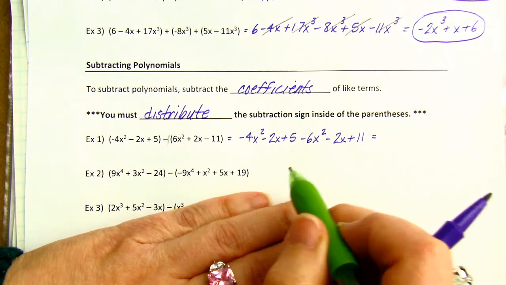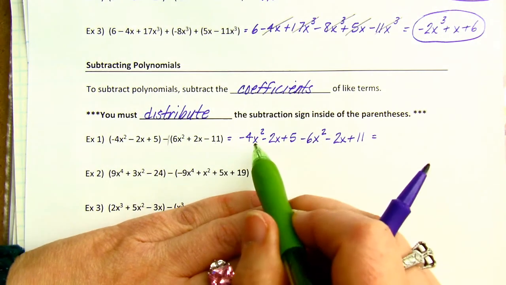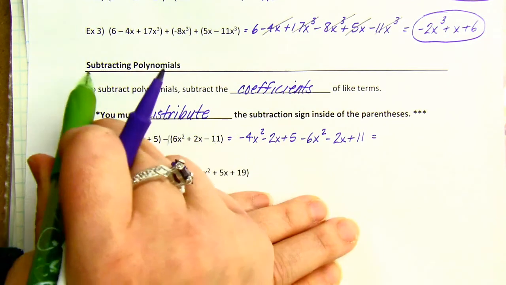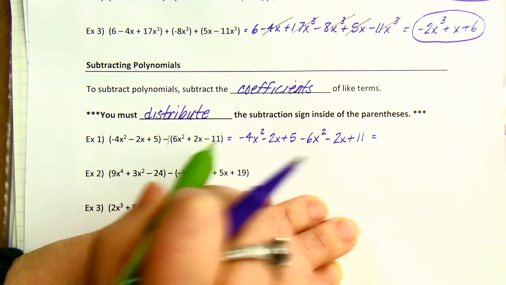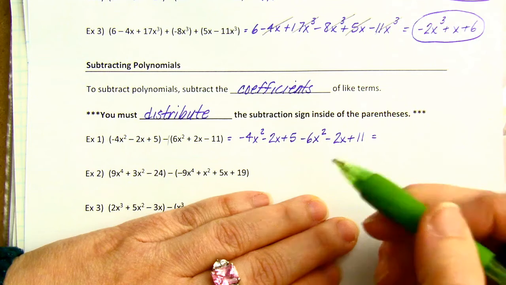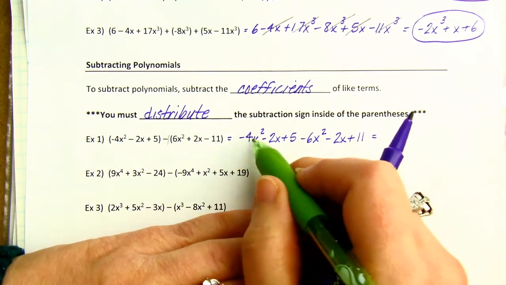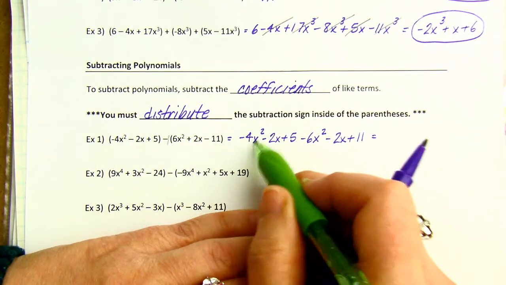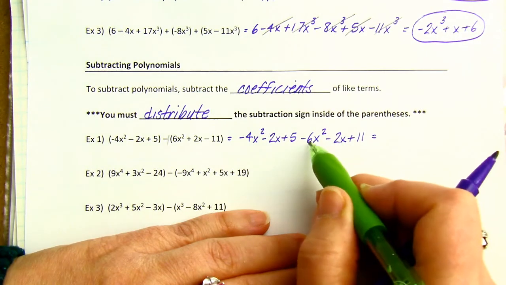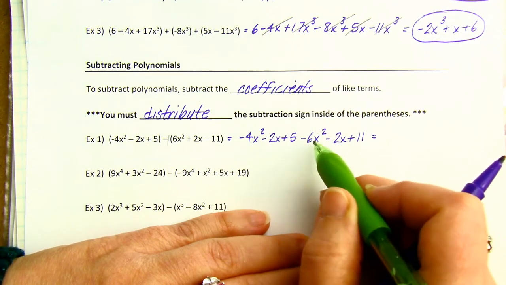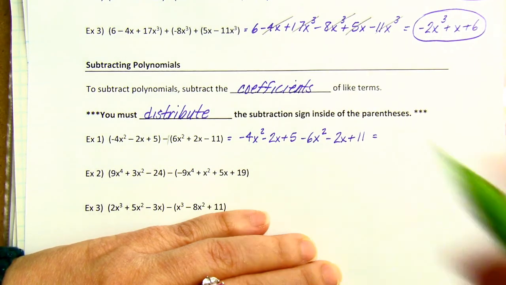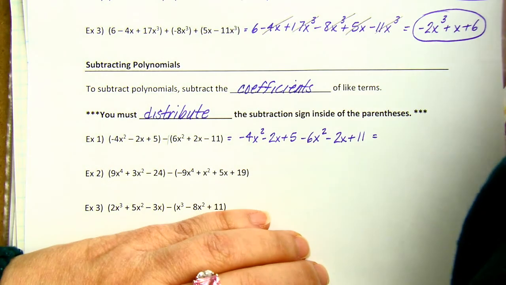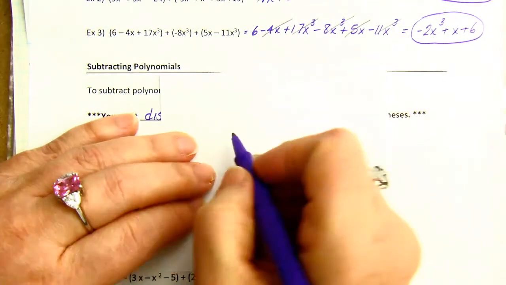So I'm going to add these coefficients. I know we're talking about subtracting, but when you distribute the negative through, now you're just combining like terms by either addition or subtraction. This is negative 4x squared, subtract 6x squared. Or negative 4x squared, add negative 6x squared, right? If you remember probably from Algebra 1 when you had things like